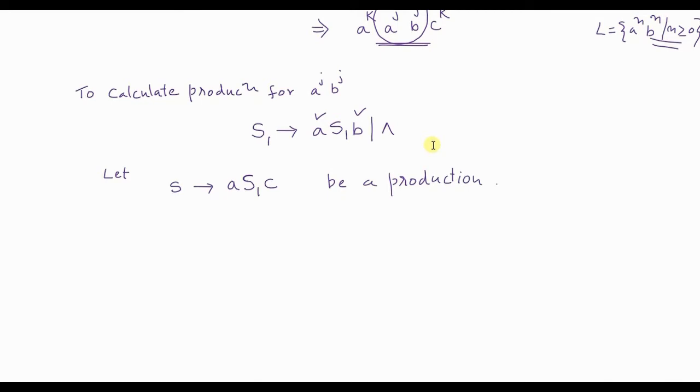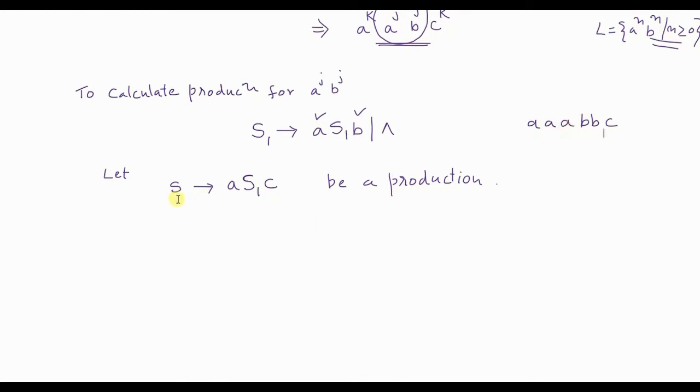Now what will happen? Please note, suppose the string that is given to us is, say, 3 A's, 2 B's and a single C. Note that in this string the number of A's happens to be 3, and how many B's and C's are there? There are 2 B's and 1 C. So the total number of B's and C's here is 3, and the number of A's should be 3. So this is a valid string.